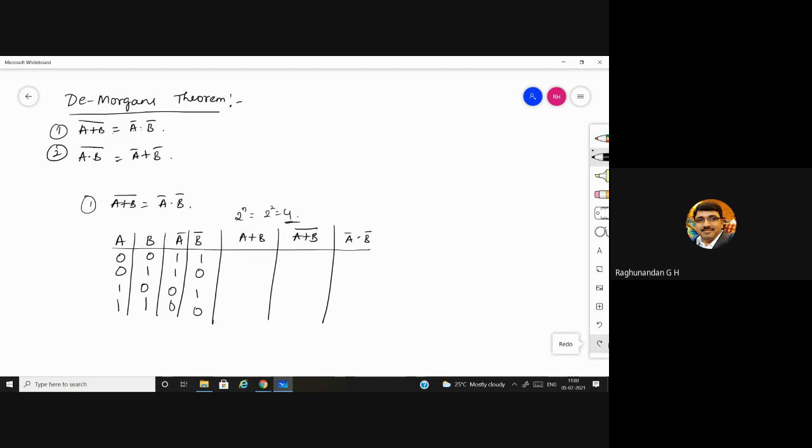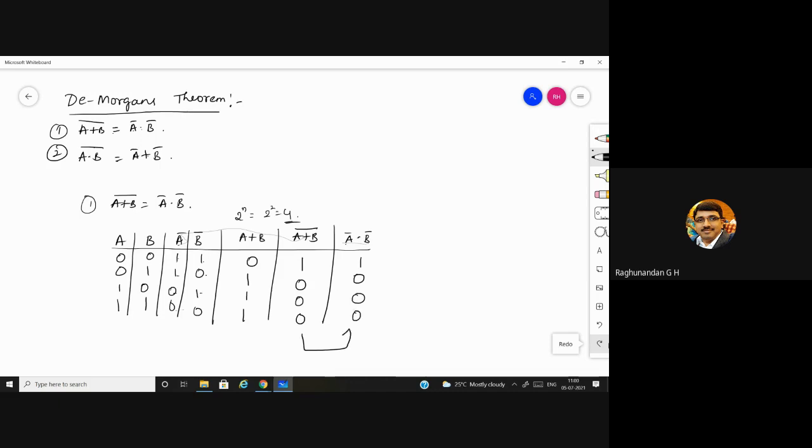Now A plus B is 0, then 0 plus 1 is 1, 1 plus 0 is 1, 1 plus 1 is 1. The complement of this is 1, 0, 0, 0. Now A bar into B bar: 1 into 1 is 1, 1 into 0 is 0, 0 into 1 is 0, 0 into 0 is 0.